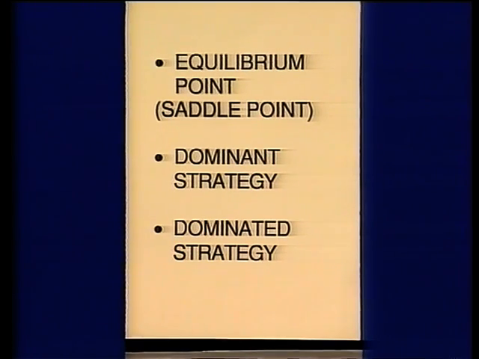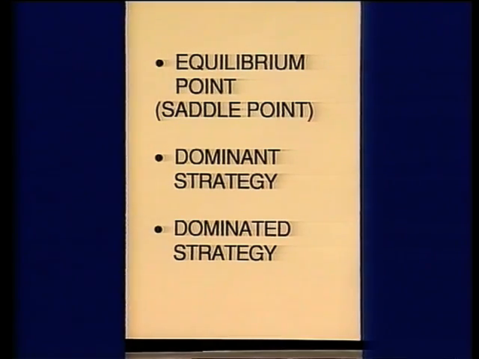Let's look at one or two more ideas before we proceed with examples. We have introduced earlier, without mentioning it explicitly, the idea of an equilibrium point or a saddle point. That was the first game we considered, where each player had a single course of action, which, no matter how many times the game were to be played, he would follow. Now, many games don't have this feature, and if we're to solve them successfully, then what we must do is to find an easier method of solving the problem. We hope that one of the strategies will be dominated or dominant, and that the game could therefore be simplified.